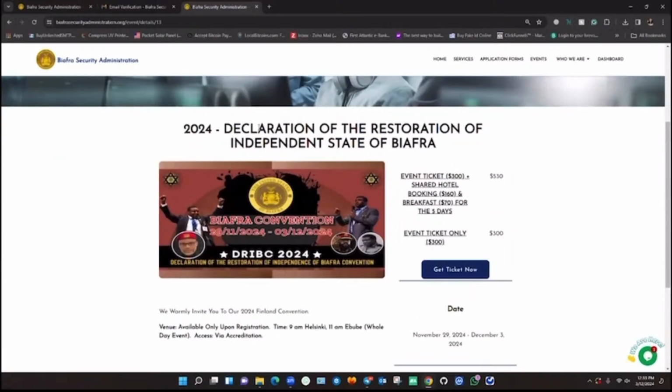And here you see 2024 Declaration of the Restoration of Independent State of Biafra. Event ticket, $300. Shared hotel booking, $160. And breakfast, $70 for the 5 days. And the price is $530. There's another type of ticket, event ticket only, which is $300. So whichever one you decide to choose,